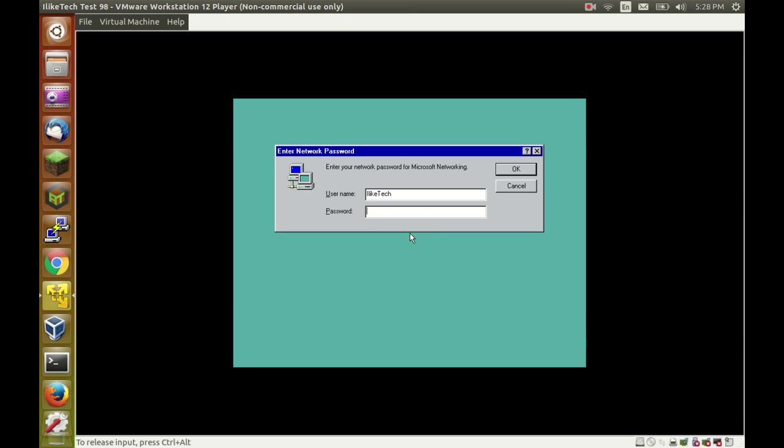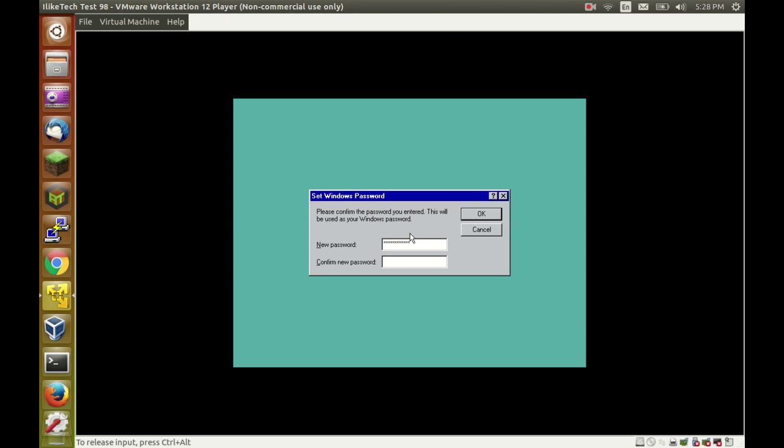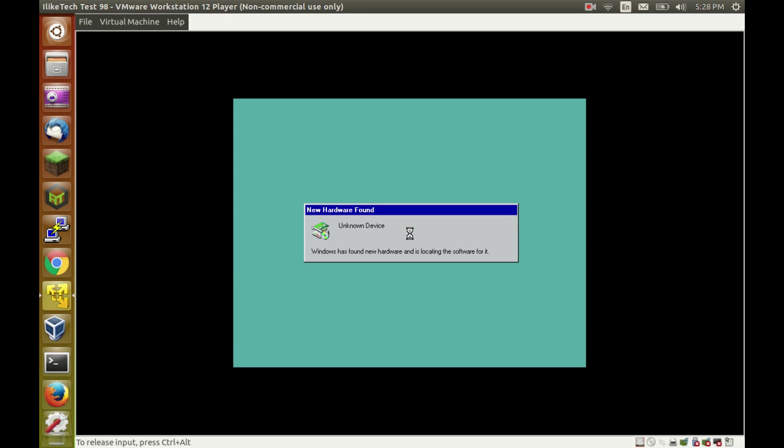Okay, you will be brought to a screen like this that will ask you for a password. Type in whatever password you want, and this is how you set it for your computer. Press the return key, and it will ask you for the password again. Okay, it will install a basic monitor,